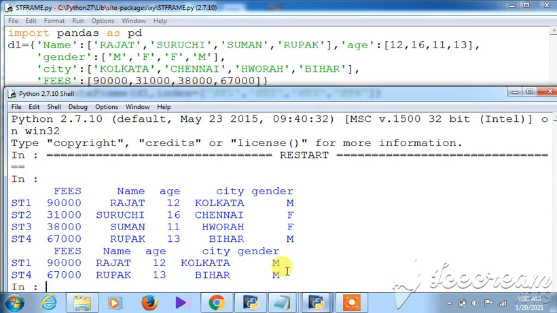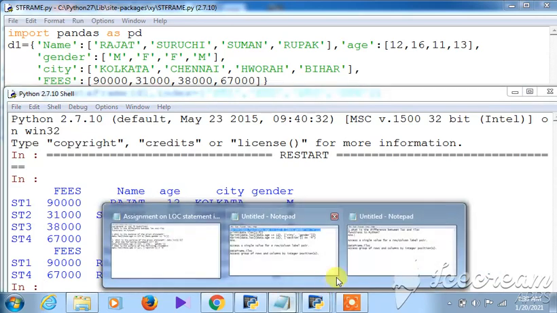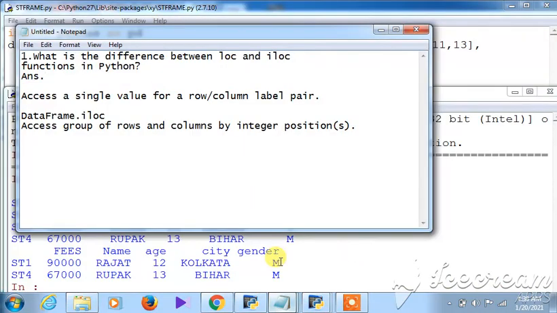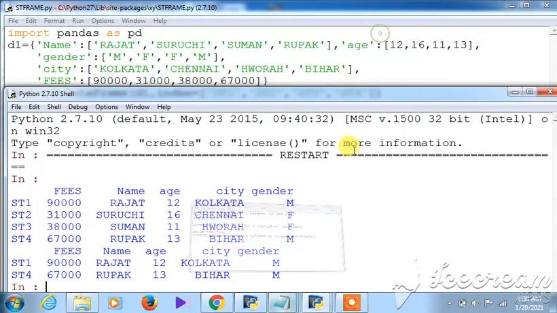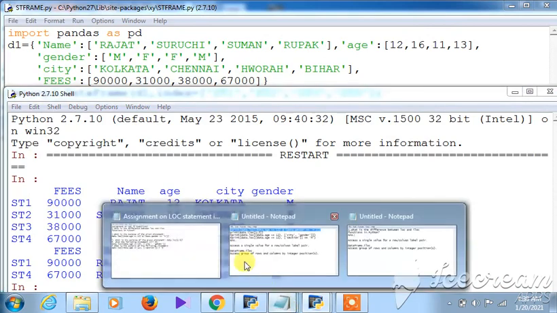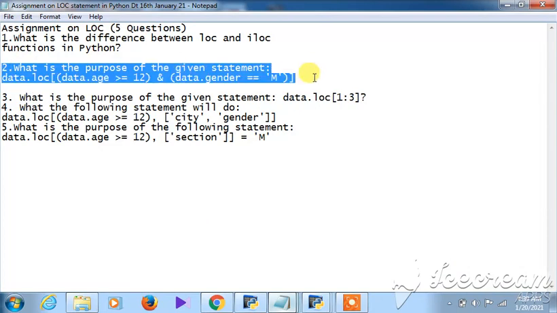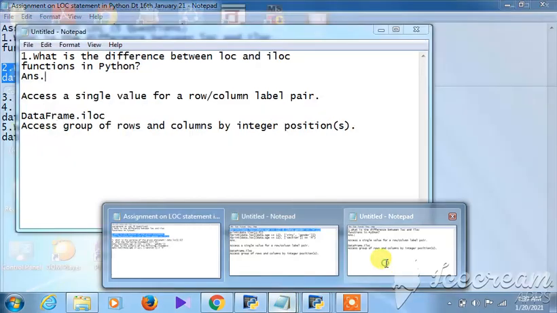So this is the answer for the question, what is the purpose of the given statement? This is what you have to answer. I'm taking it out for the solution here.